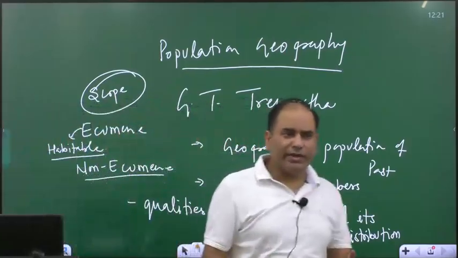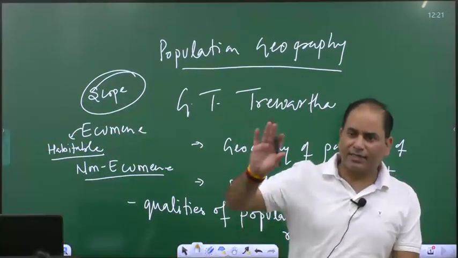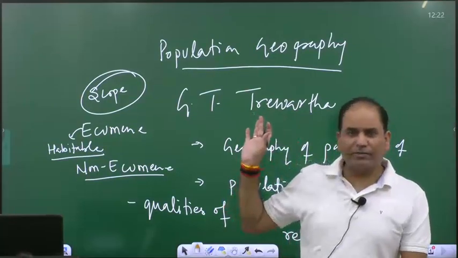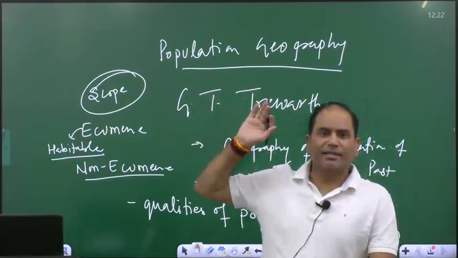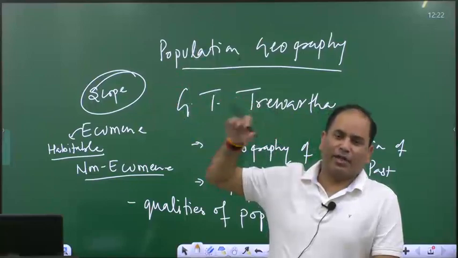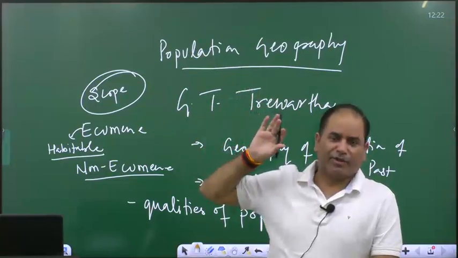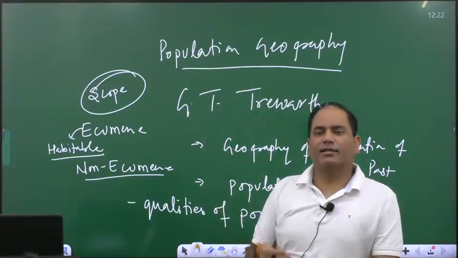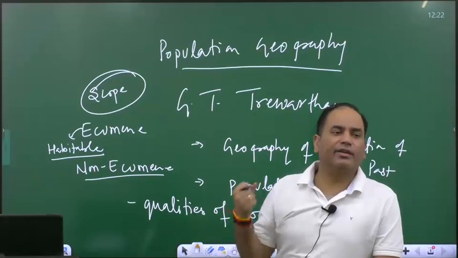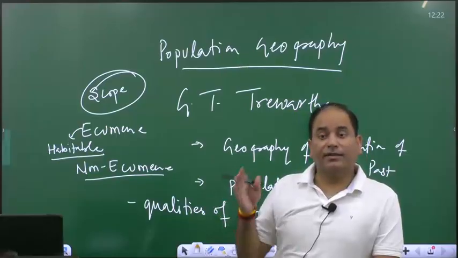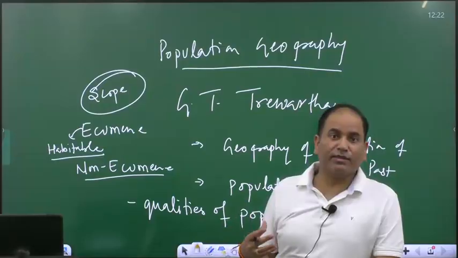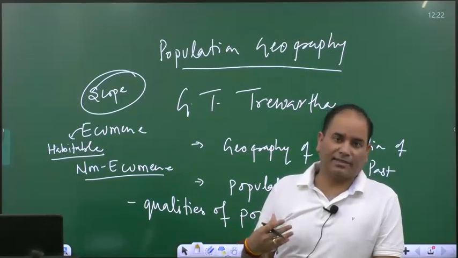So this popular belief is that some part is habitable, some part is non-habitable. Like the Thar Desert, nature itself has decided that it will be non-ecumene. Polar areas will be non-ecumene. Most of the places with harsh climatic or difficult conditions are supposed to be non-ecumene. But they fail to realize that over the period of time, humans with their capabilities, with their technological advancement,